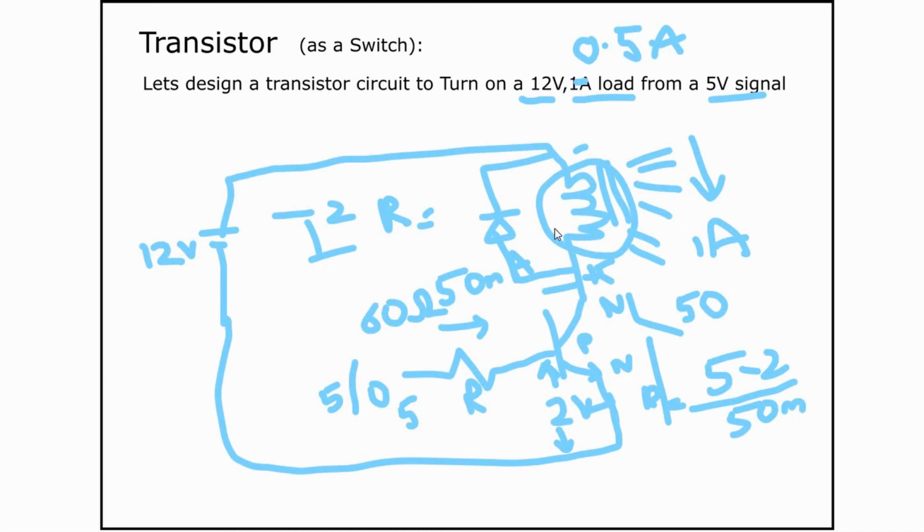By using a freewheeling diode, you will give a path for the energy stored in the inductor to discharge. So if there is a diode, there will be no voltage here, because this will be freewheeling like this. So for an inductive load, you will always have to use a diode. That is, for relays and motors, you will have to use a diode. So that's it with the transistors.